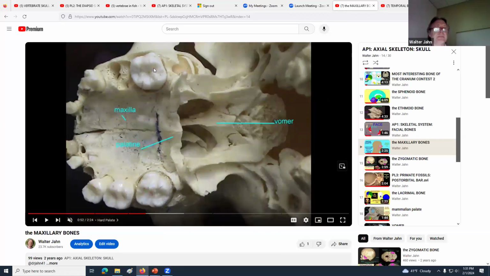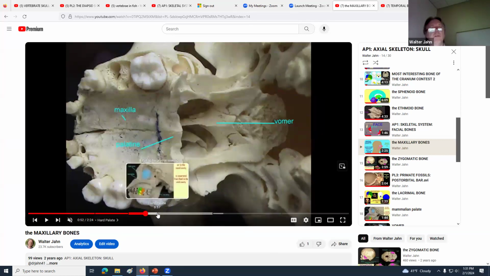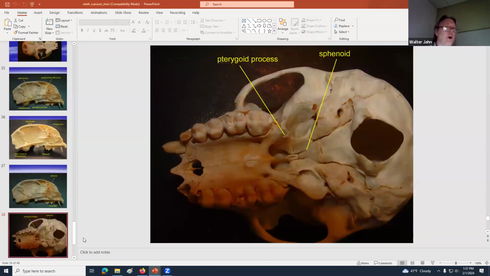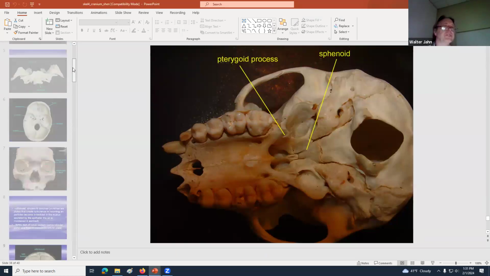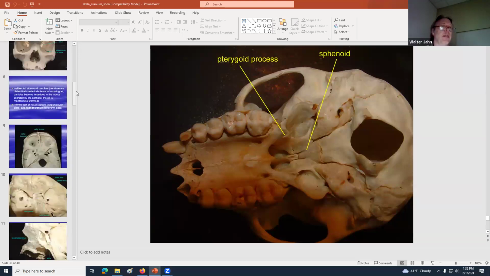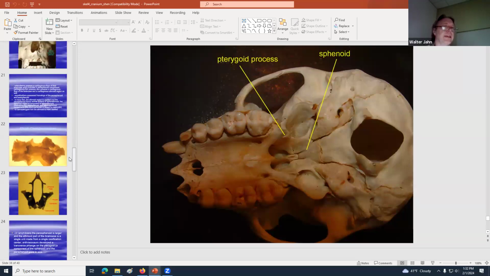So here's the maxilla bone. Here are the teeth. And I had mentioned a second ago, so I'll mention it again now, that there are 4 bones of the skull which have sinuses. 3 of them are in the,